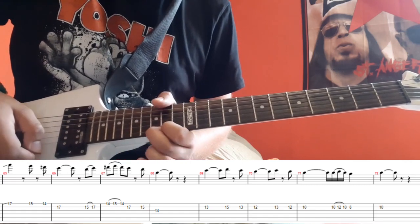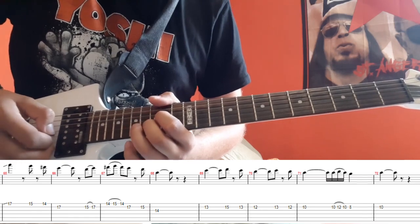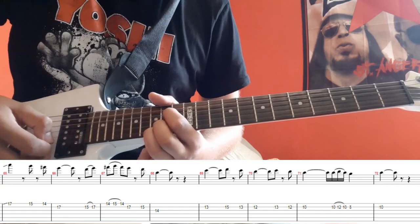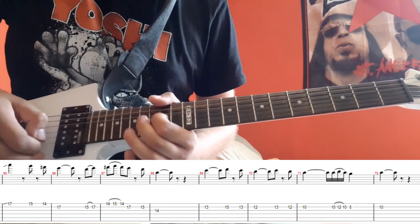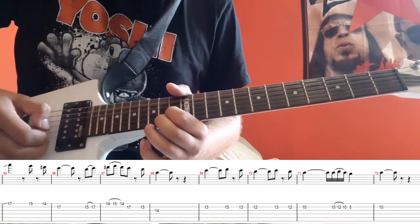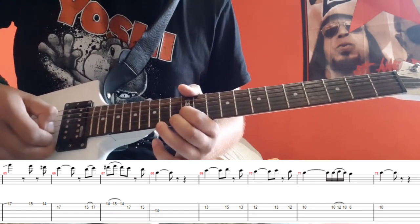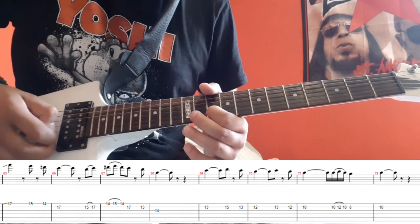So it's, and then you go back to 17 on the B, and 15th on the same string, and you end it on the 14th fret on the G string. So it's, all right. Then you go to the 13th fret on the B string, 15, back to 13, the 12th fret, then the 13th fret, 12th fret, and the 10th fret,